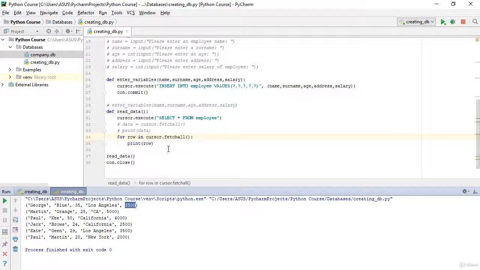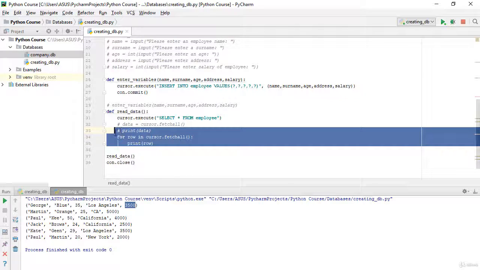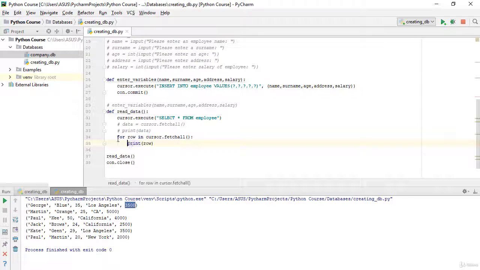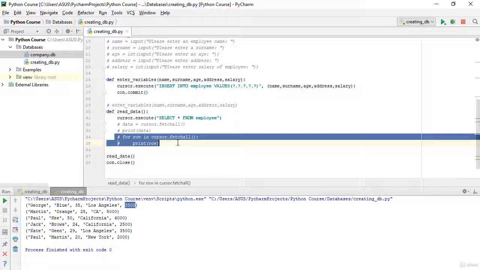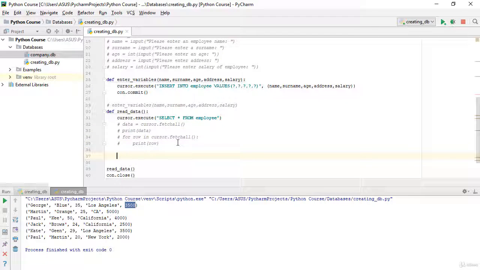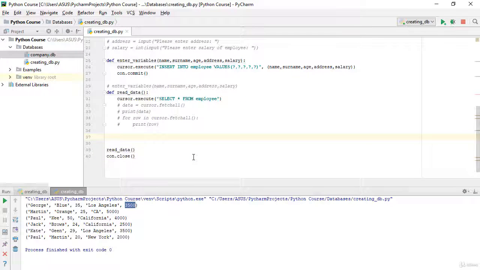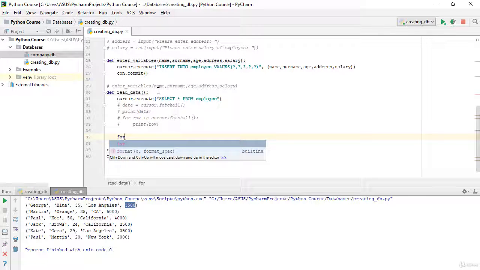But actually I prefer the other one. Let's also see that one here. I prefer this one, and I think it is the best one. With this one we need to type a little more code, but it is better if you compare it with the two others. We can say here, of course, our cursor.execute select star,